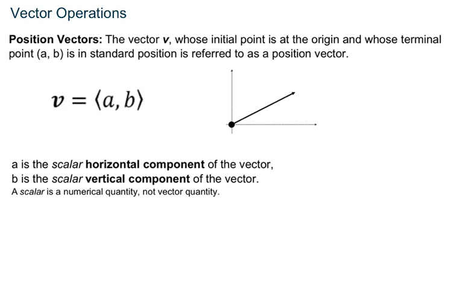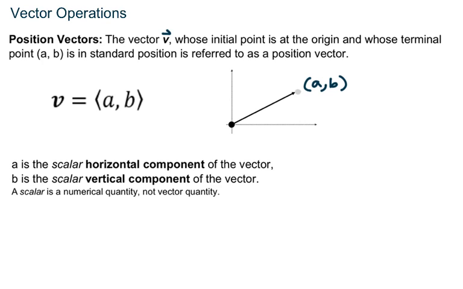Hello. In this video, we're going to begin our discussion on vector operations. And we're going to start by talking about a position vector. So if we talk about the vector v, notice this is a bold v, and when you're writing it, you may want to put this vector notation on top to help indicate that you're discussing a vector. So a vector v whose initial point is at the origin and whose terminal point is off towards the end of this vector at some